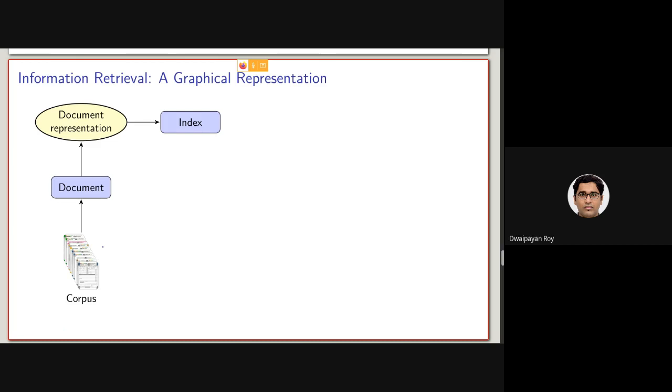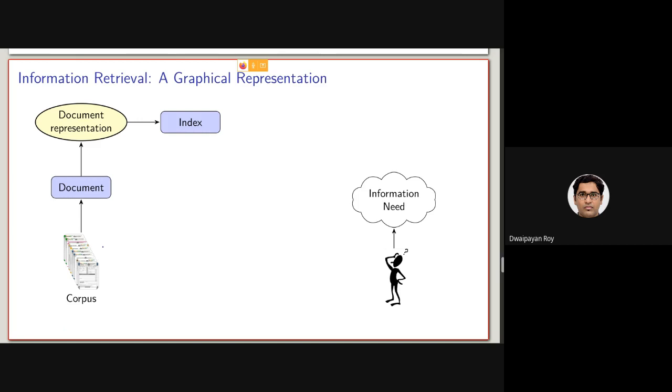So this is the part of the information retrieval system that will be done before the user came into the picture. Now the user came into the picture with some information need. As I said, my information need was, I want to know the captain of Indian cricket team.